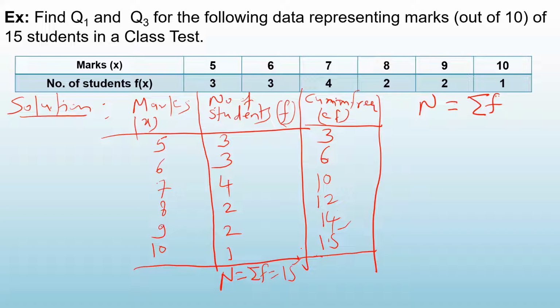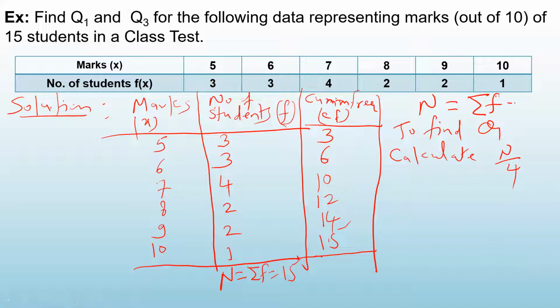Now I have to find out Q1. So to find Q1, what I need to do, I have to first calculate what? N upon 4. How will you remember this? See, you are finding the value of quartile. तो आपको n को 4 से डिवाइड करना है. अगर आप फर्स्ट क्वार्टाइल फाइंड आउट कर रहे हैं तो it is 1n/4, that means n/4. अगर थर्ड क्वार्टाइल करना है तो 3n/4. This is how you have to remember. Okay, so find out n/4.